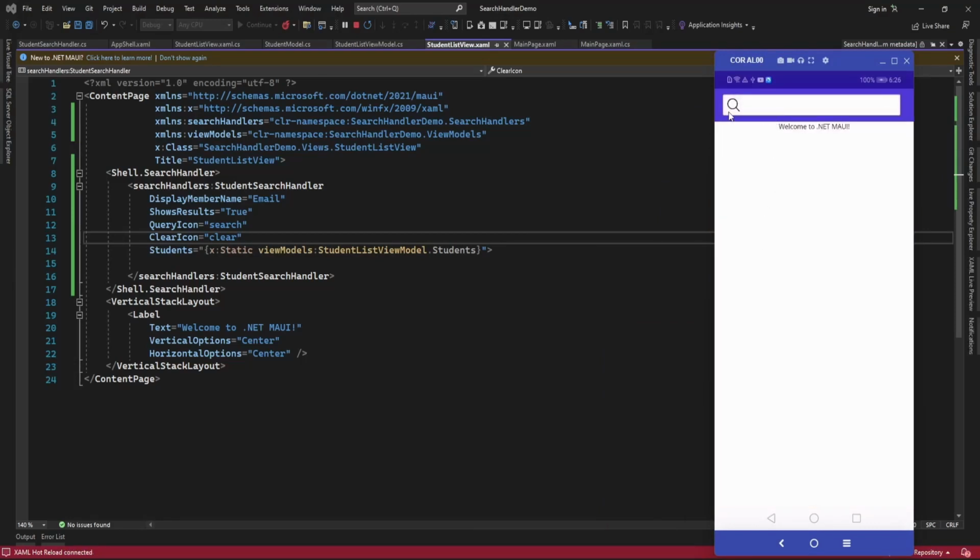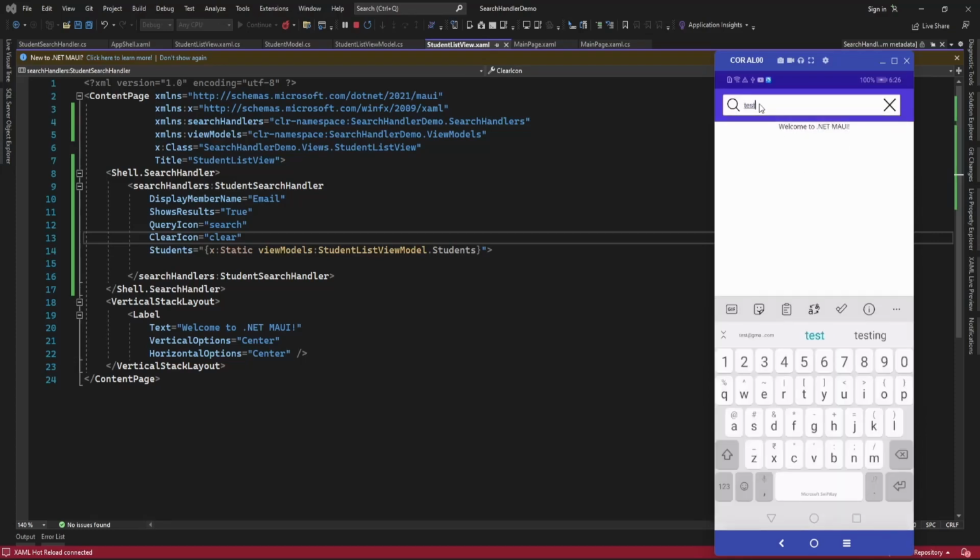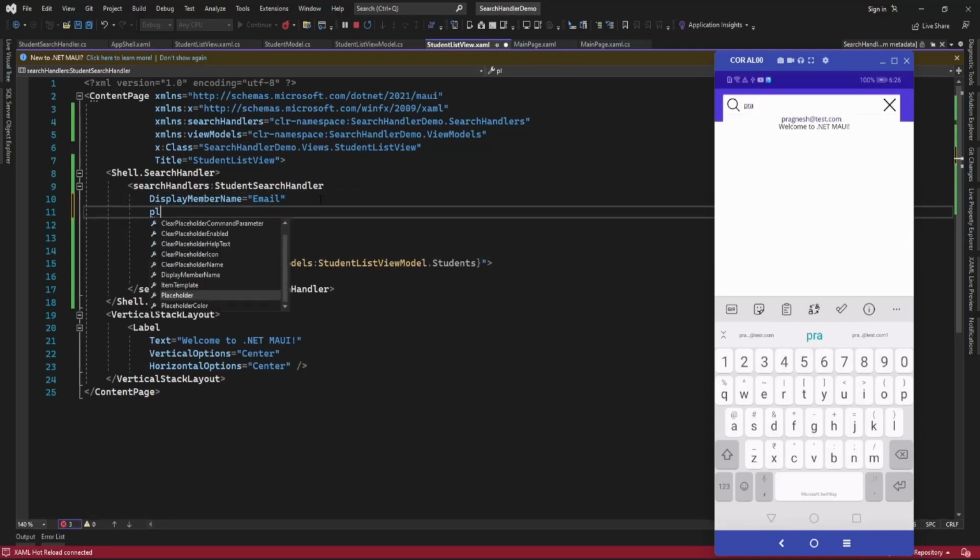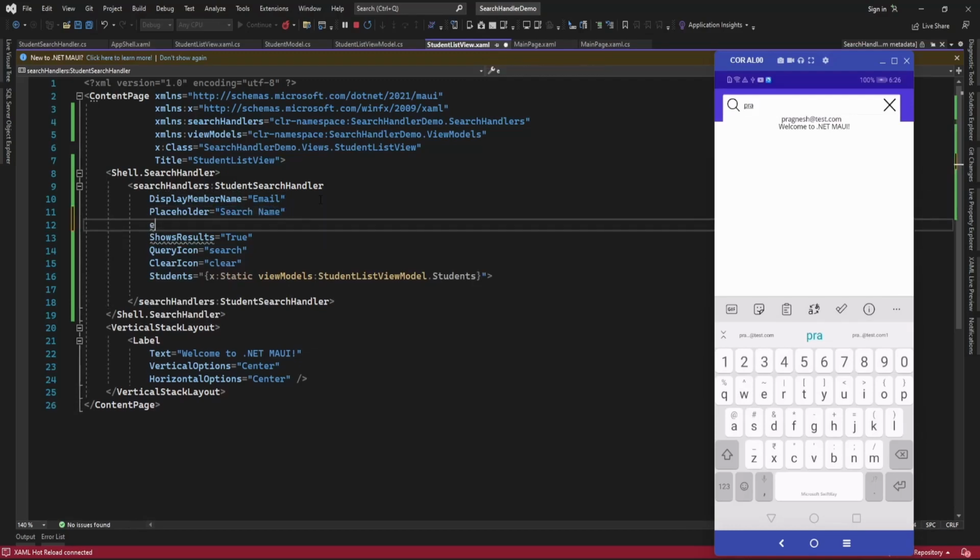Okay, so here it's displaying the search icon, and when I search for something, it also displays a clear icon to clear the data. You can also set the placeholder here, and another property